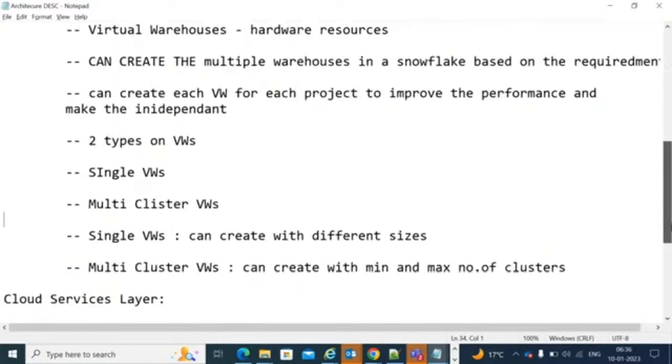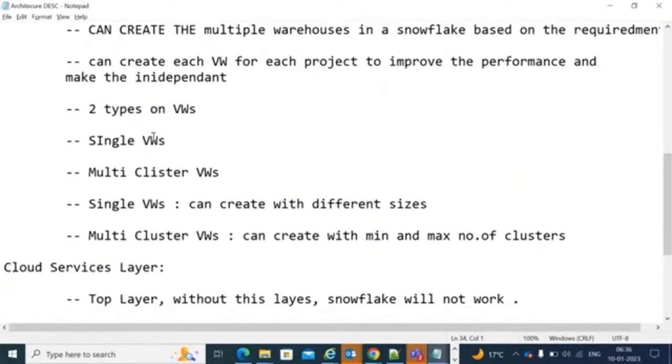So we have two types of virtual warehouses: single warehouse and multi-cluster warehouse. A single warehouse can be created with different sizes. Multi-cluster warehouses can be created with minimum and maximum clusters. Yesterday I told you that a single warehouse will be created with different sizes, and a multi-cluster warehouse can be created with the minimum and maximum number of